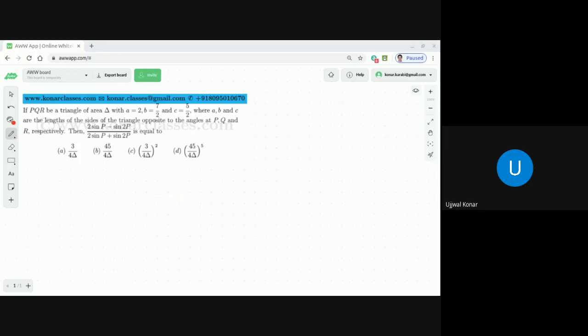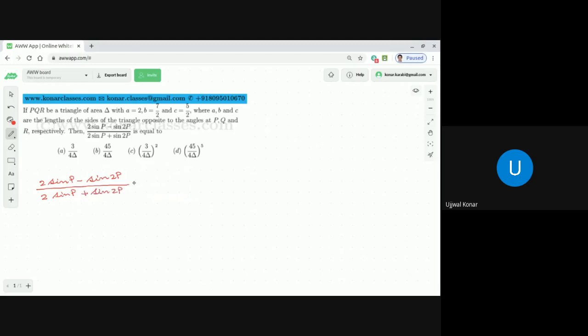The given expression, dear students, is 2 sin P minus sin 2P divided by 2 sin P